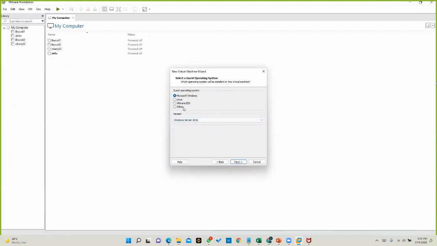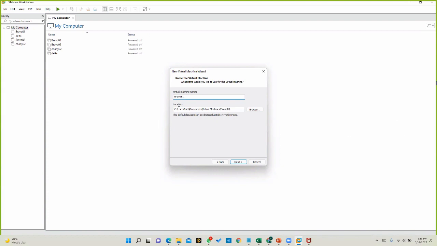There are no architectural changes between these two. Right. Okay. So I'm going to select 2016, and for the virtual machine name, you can give any name. I'll give Bravo B1. You can select any name.